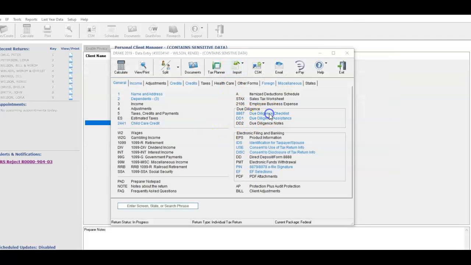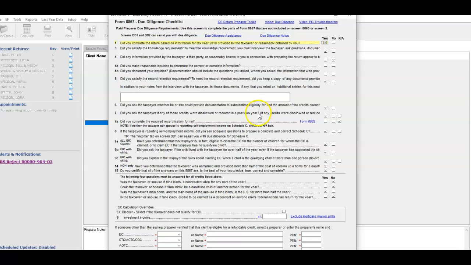And again, certain forms I'm not going to fill out every video, because you've got enough videos under your belt that you can refer to on how to fill out the 8867. And when it comes to the 8867 form, there are certain things that vary based on each client. So if a person doesn't have self-employment, then you don't have to worry about the self-employment question, which is line